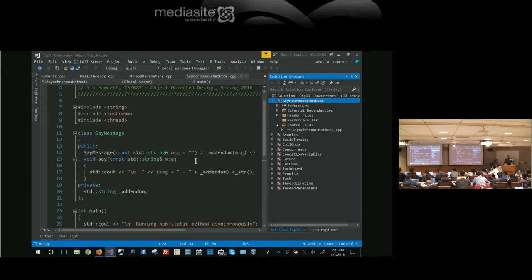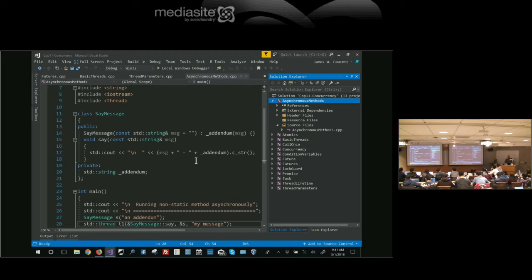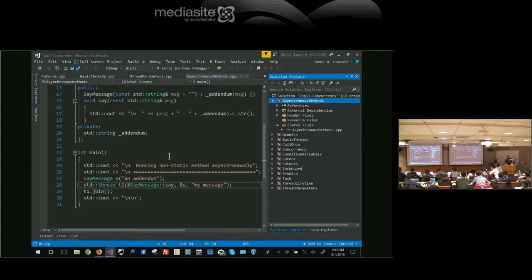Okay, so I have this class, same message, and it's got a function say. I'm going to give this constructor an addendum, something to add to the end of what the thread passes in. So in say, it gets a message, and the constructor just gives it an addendum to add to the end of the message. And so now, when I run it, I say,